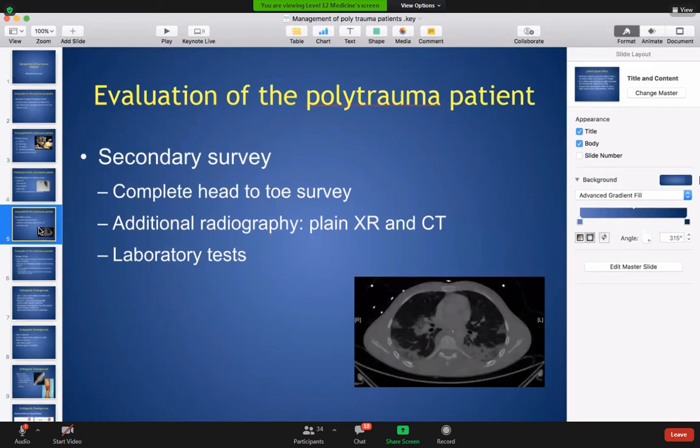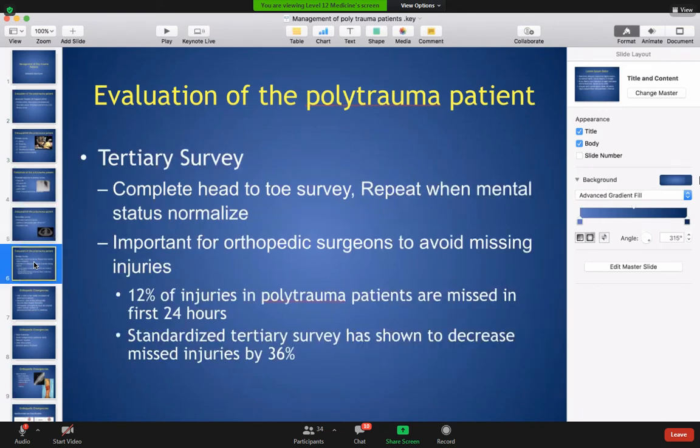Secondary survey is a complete head-to-toe examination and survey. In this phase, you add additional radiographs, plain X-rays, CT scan, and also you can add some lab tests. Tertiary survey is the last thing, and this is usually completed once the patient's conscious status has improved. So, a complete head-to-toe survey,